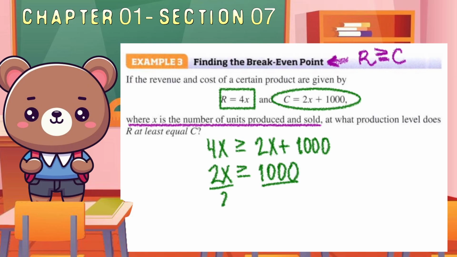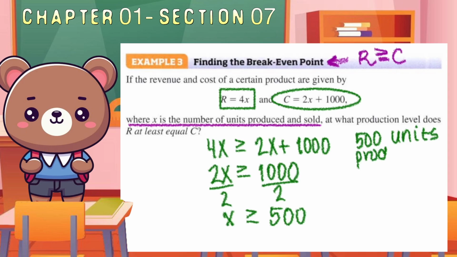All right. Divide by 2 on both sides. No flipping, it's not negative, and we get X is greater than or equal to, what's half of 1,000? 500. So we need to sell, production level or whatever it is, 500 units produced. Let's make it a nice, beautiful full sentence. And sold